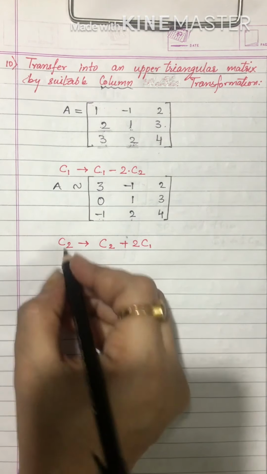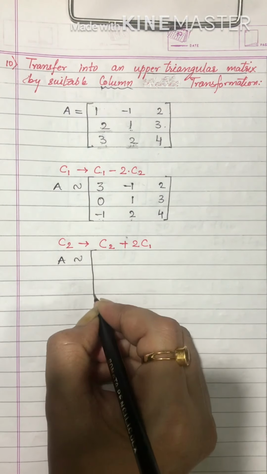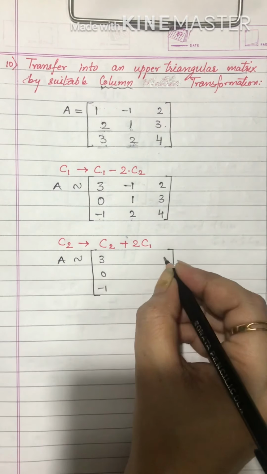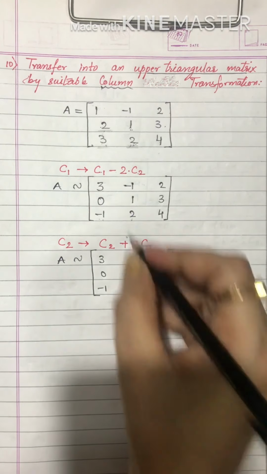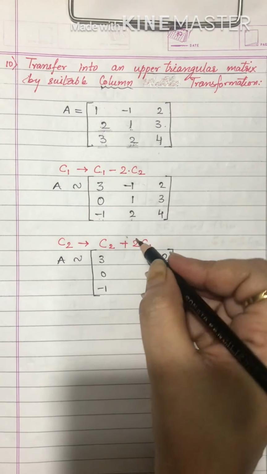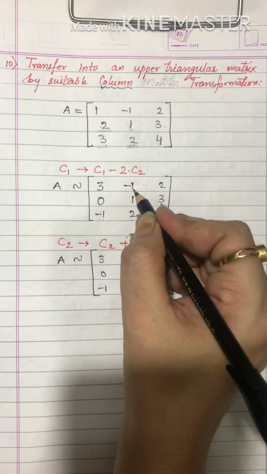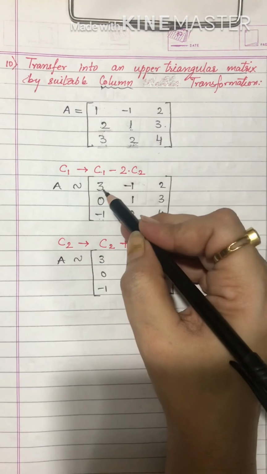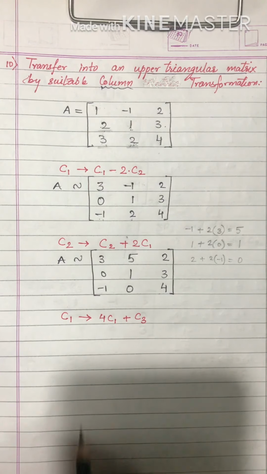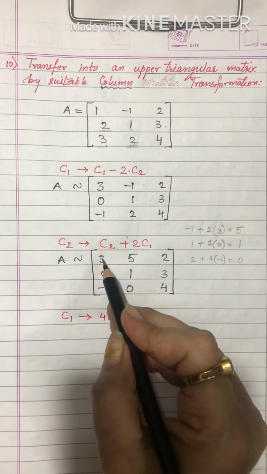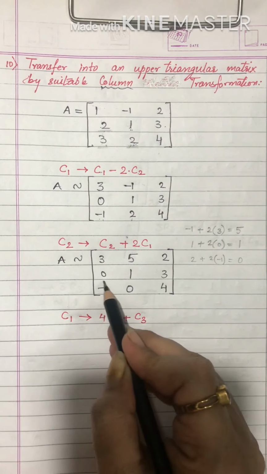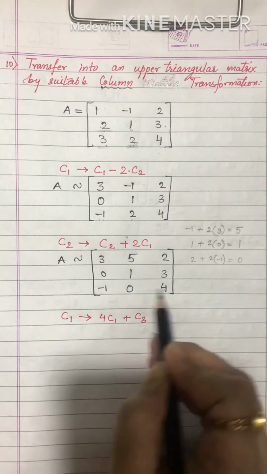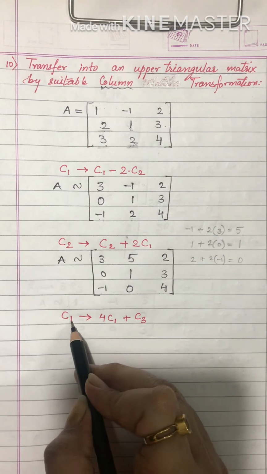So our matrix A will become, now C1 has no changes, C3 has no changes, I've written the elements, and we have to make changes in C2 as C2 plus 2 C1. So minus 1 plus 2 into 3. Now see the next transformation. We can carry it out in C1 because we have to make this one 0. So I make use of 4 first of all. Let's see what happens. So I have written C1.